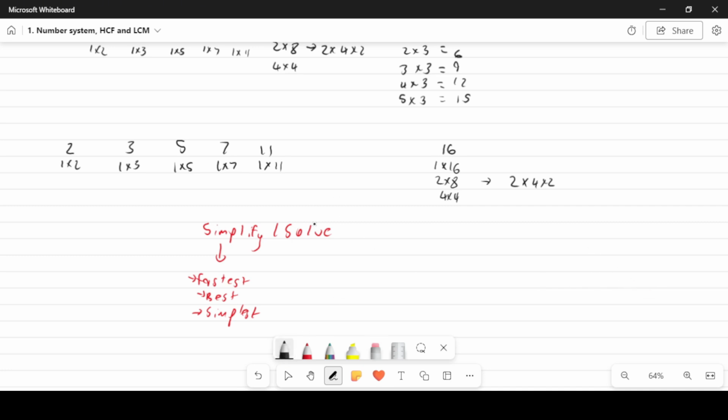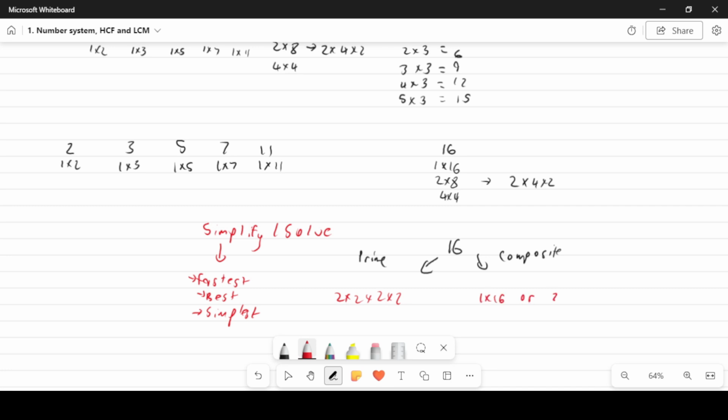you can see that it's quite clear that 16 can be represented in two ways. This is why we talk about prime and composite numbers. It can be represented as a product of prime numbers, or it can be represented as a product of composite numbers. If it's represented as a product of prime numbers, then it'll be 2 times 2 times 2 times 2. But if I represent it as a product of composite numbers, then it could be 1 times 16,